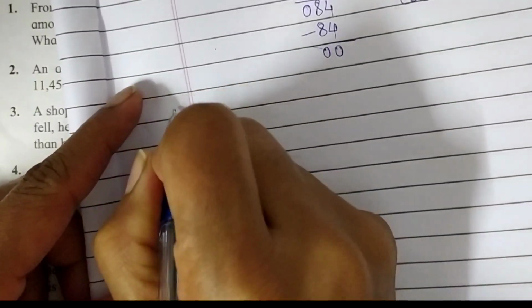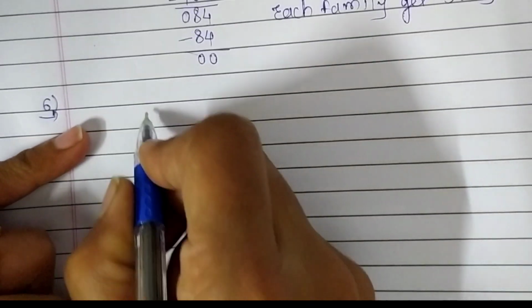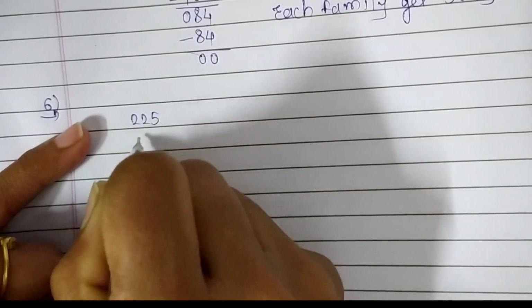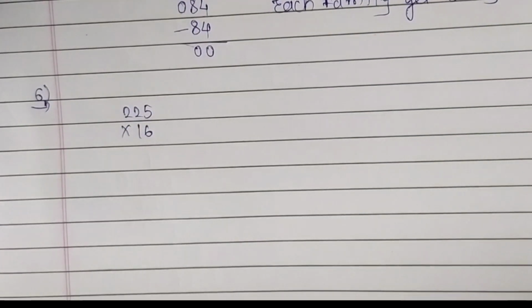Here, for finding out the sixth question's answer, they ask us 2 questions in this question. For finding out the first question's answer, we have to find out the total use of water. For it, we are going to multiply the number of families by the liters they used. Let's multiply it. There are 16 families and each family used 225 liters of water daily. So multiply 225 by 16. The product we get here is